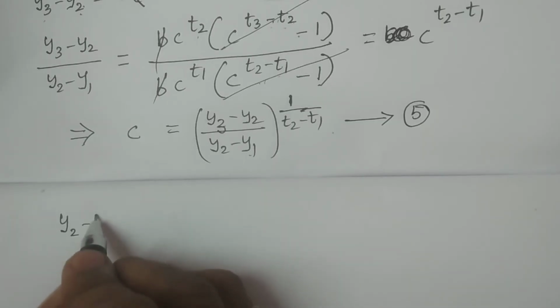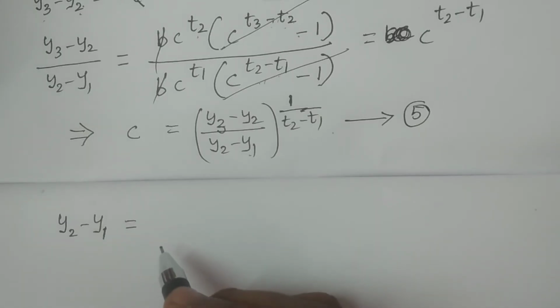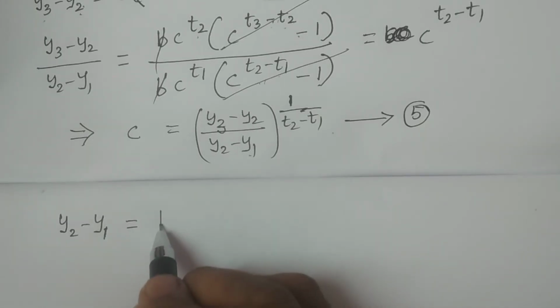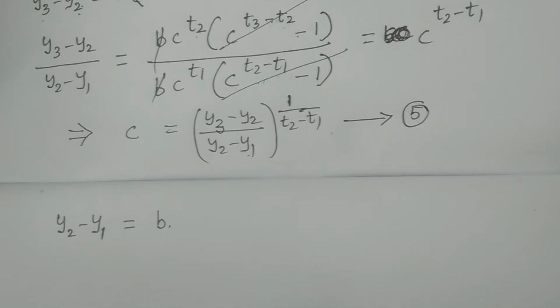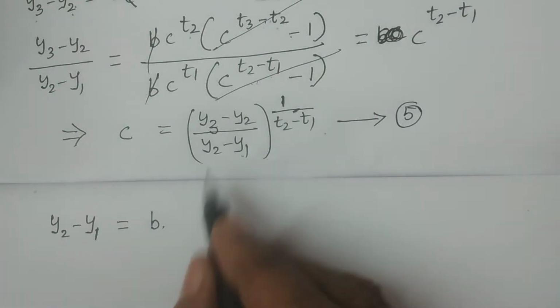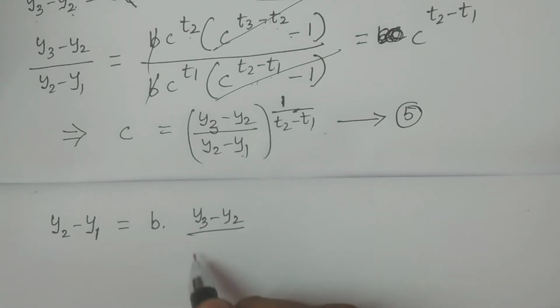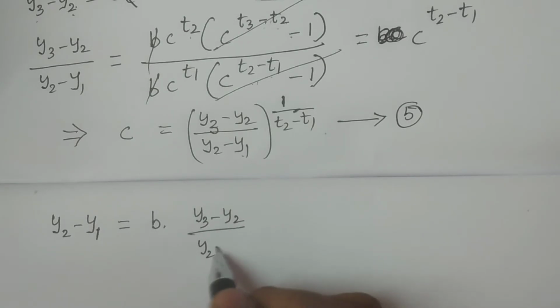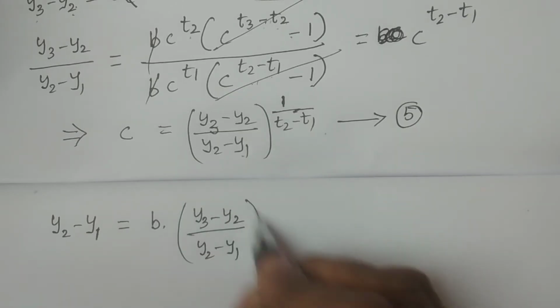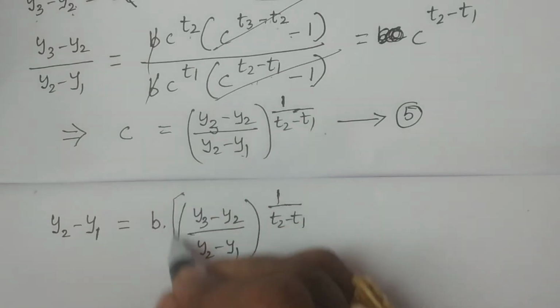We get y2 minus y1 is equal to b into c power t1. C is the value y3 minus y2 divided by y2 minus y1 whole power 1 by t2 minus t1, the whole power